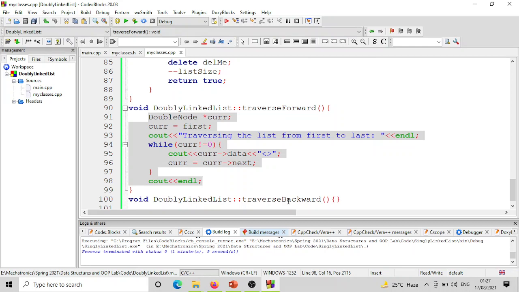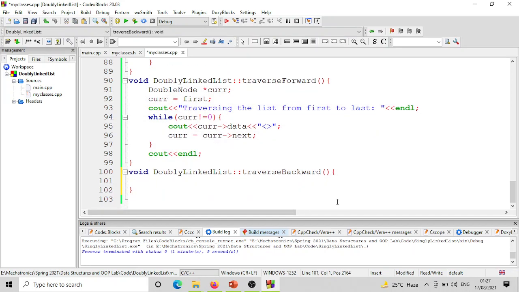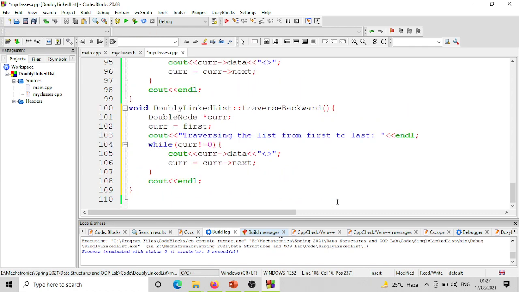Copy this code and paste it here. What are we going to do here? We are going to start from the end, the last node, and we are going to traverse the list from last to first. So while current is not equal to 0, we print current arrow data,